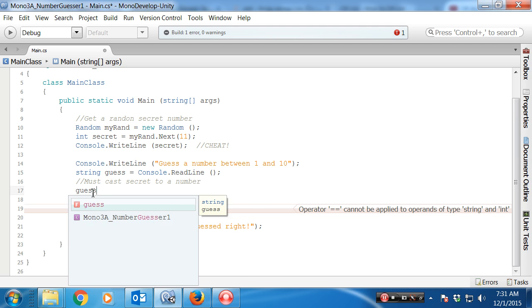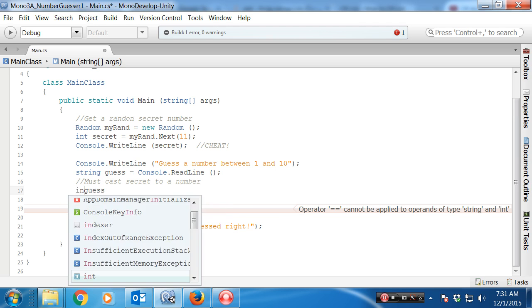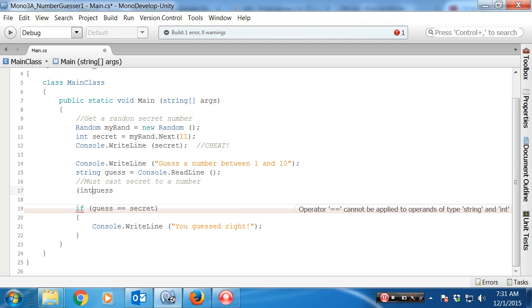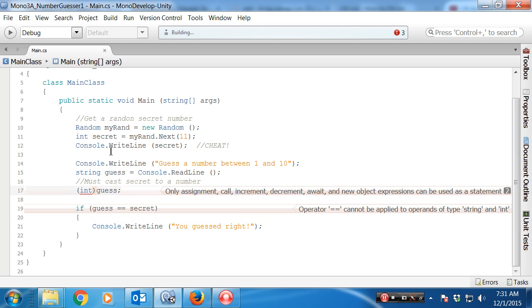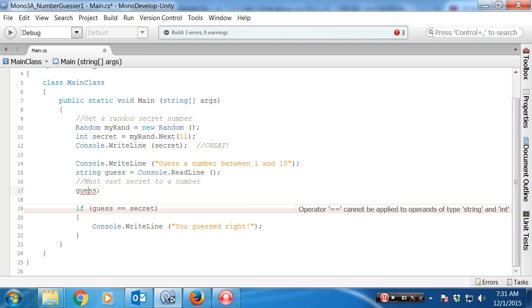Some people say you can go like this, and guess. Let's see if that does anything. I don't think it does. Yeah, only assignment can be used as a statement. So I don't know how to use that kind of casting. It doesn't work for me. But I can say